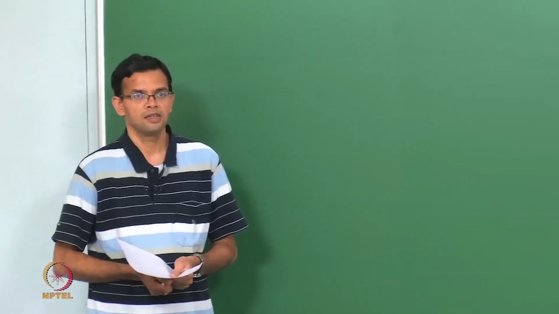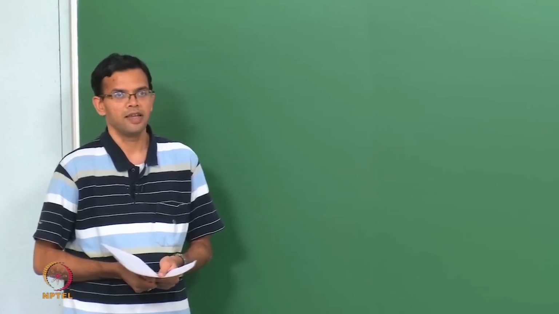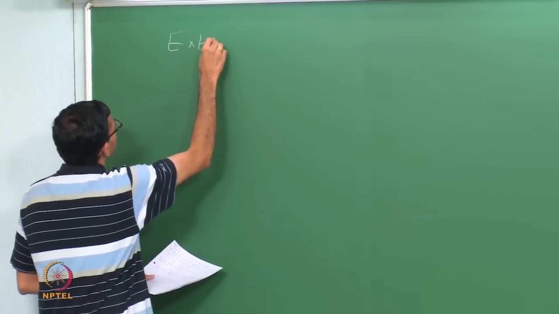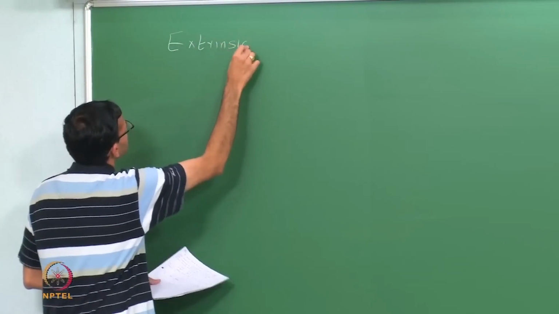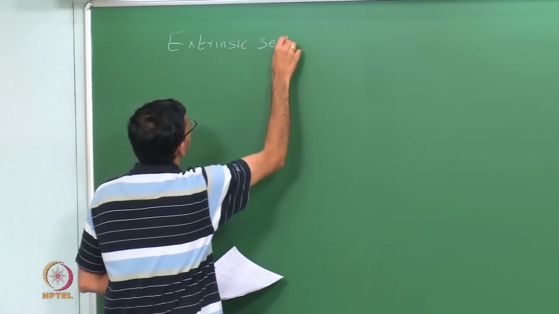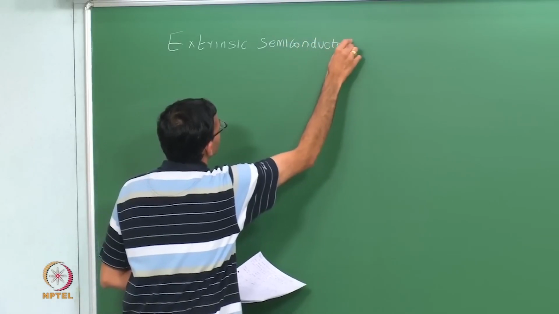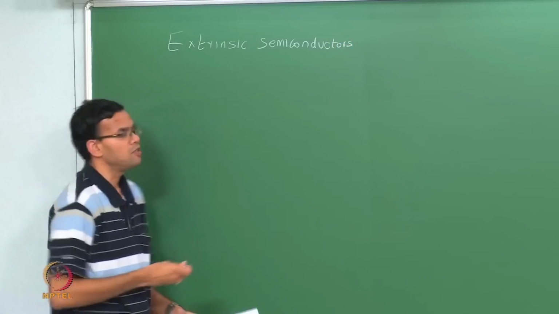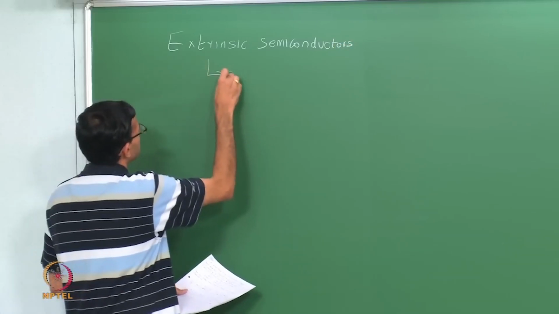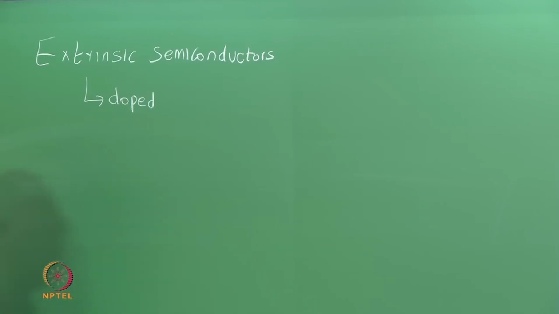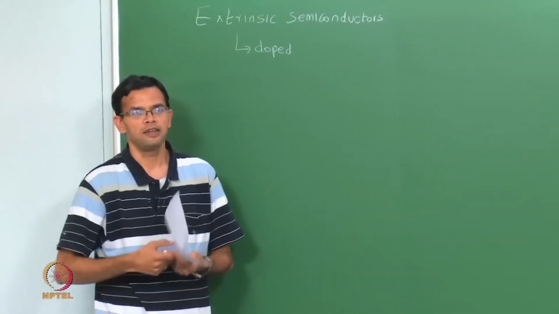Let us start with a brief recap of last class. Last class we looked at extrinsic semiconductors. Another name for these is doped semiconductors. Now the reason why we wanted to dope was because we found out that if you had an intrinsic or